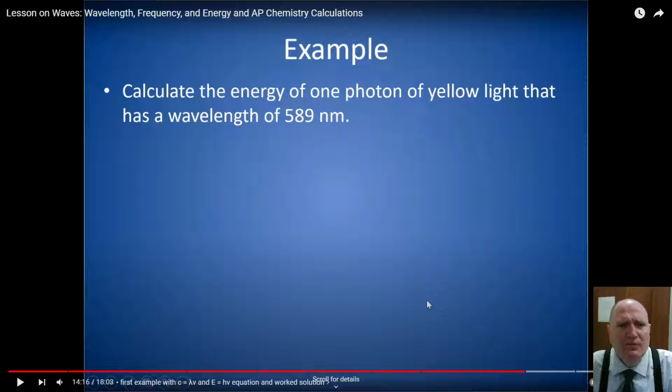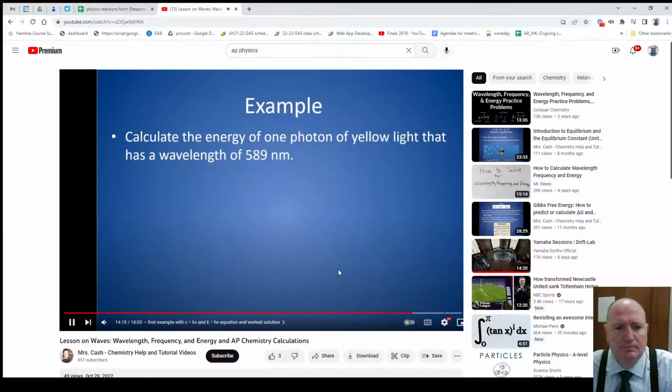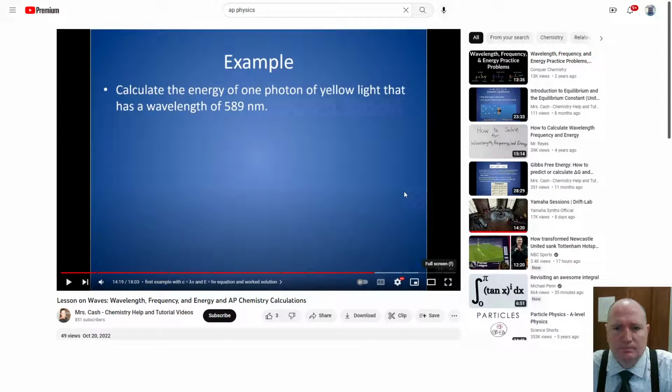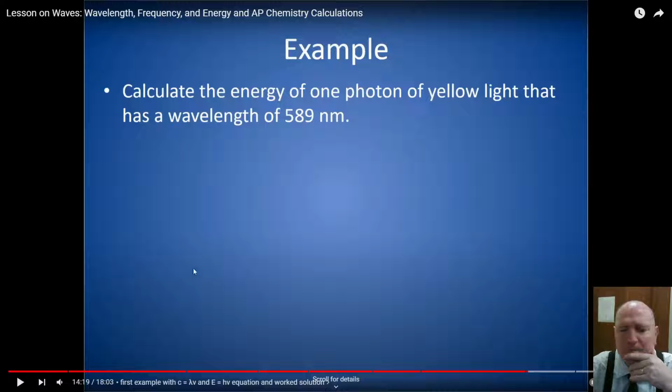You can see that this is for, hang on. All right, well, anyway, let's try an example. Take a moment, try this example. There, sorry. You can see it's for an AP Chemistry class, and they're doing waves, wavelength, frequency, and energy, and it looks like it's all about light. So let's get started. Example, and then